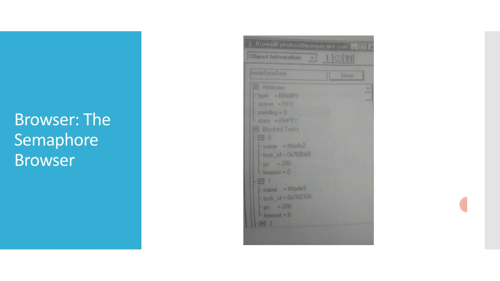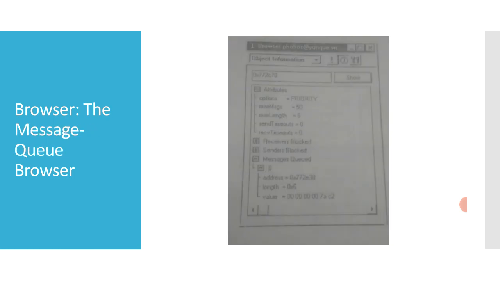state is empty. So coming to the message queues, to inspect a message queue, by displaying the attributes of the message queue, the message queue browser shows three queues as shown in the figure. Receivers blocked shows all tasks waiting for messages from the message queue, and second one, senders blocked, shows all the tasks waiting for space to become available to place a message on the message queue, and then messages queued shows the address and length of each message currently on the message queue.